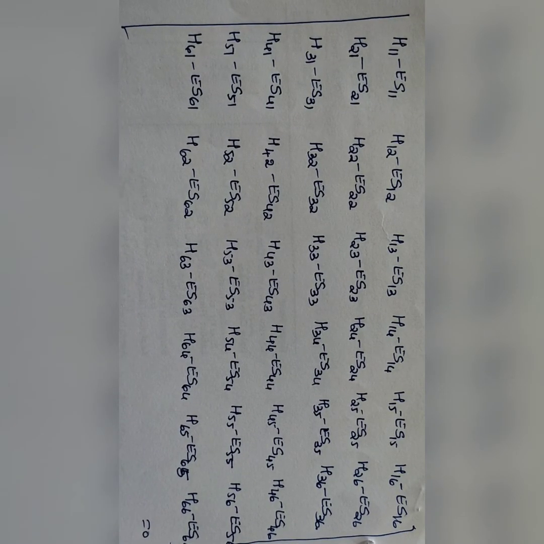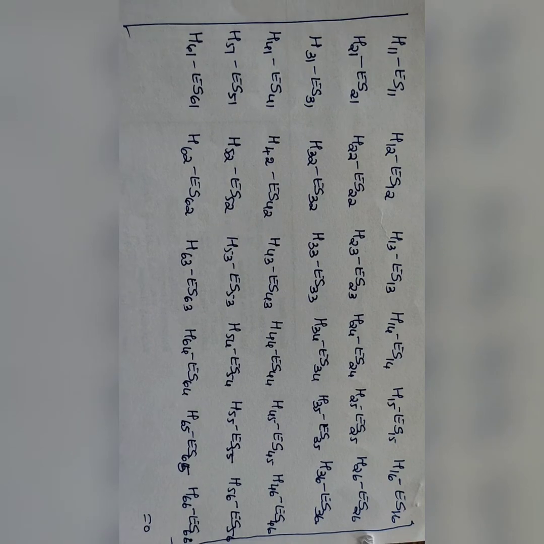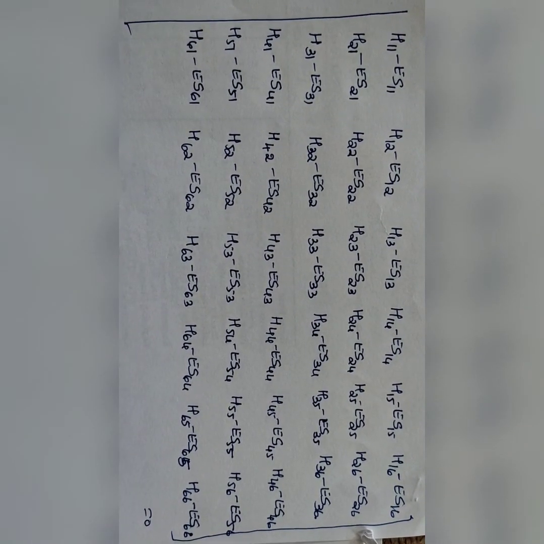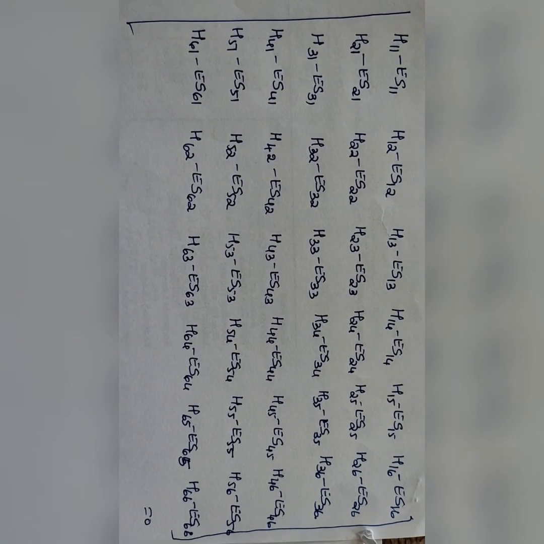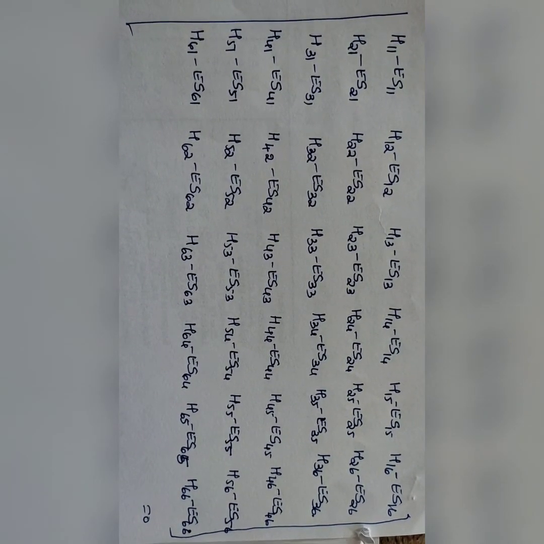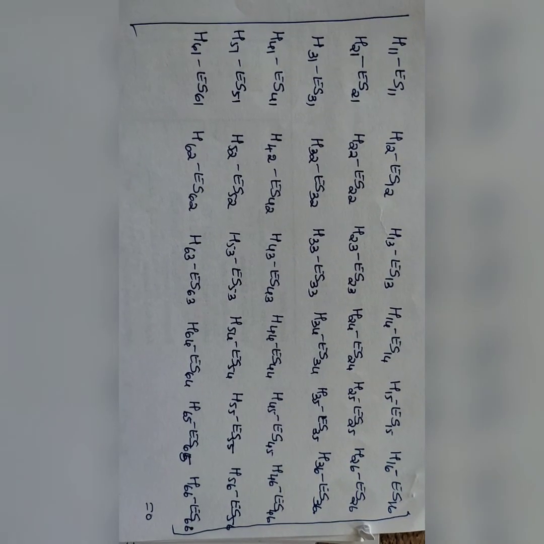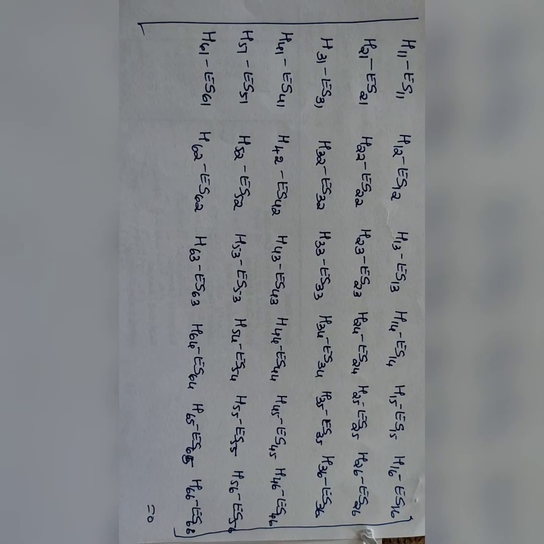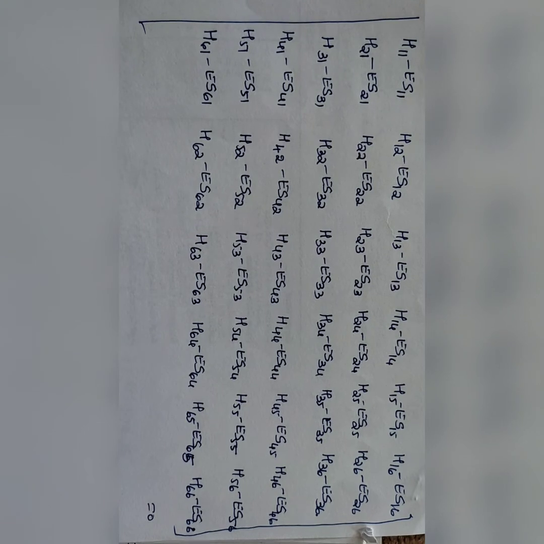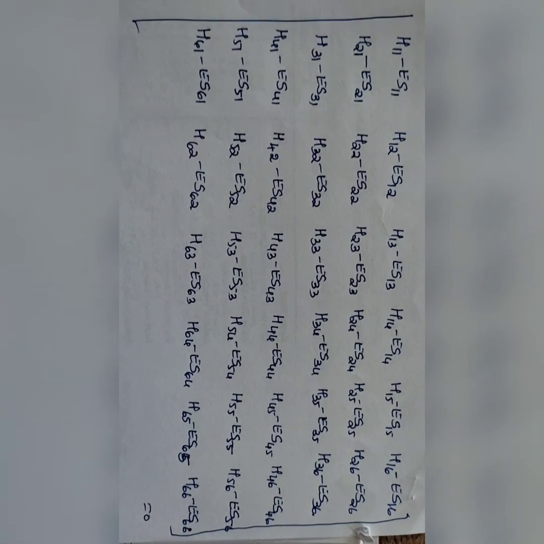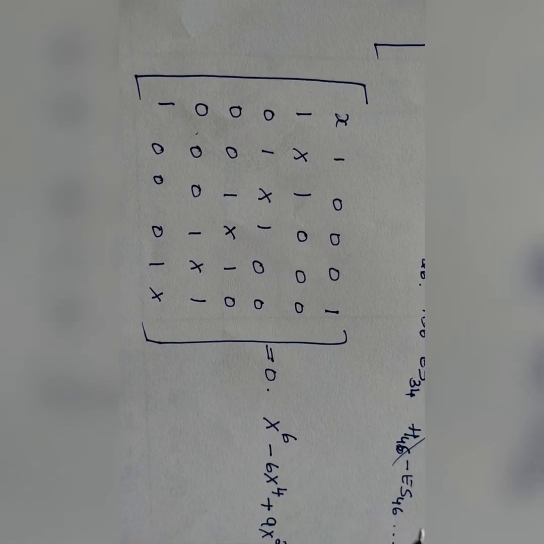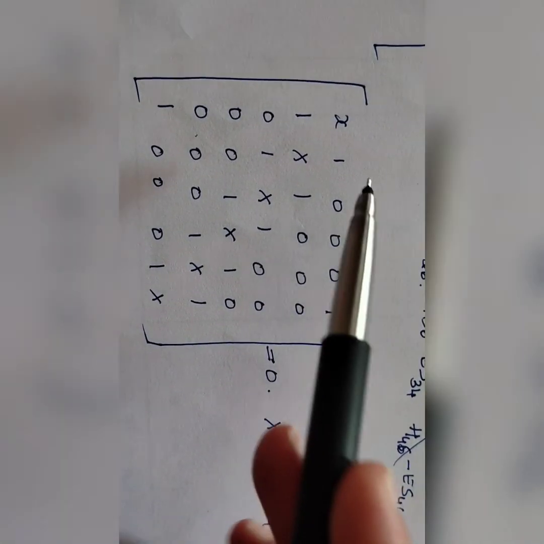to A6 P6. So, the next step is to write the secular equation, a 6 by 6 secular equation. Just go through how the H11 minus ES11 has to be written. We know the value of H11 or H22, H33 is written as alpha, and S11, S22, S33, their value is 1, and H21, if the carbons are directly attached, then you have to write beta in the place of H21.